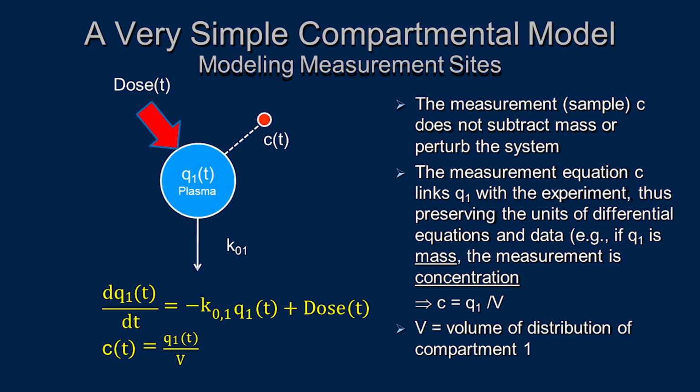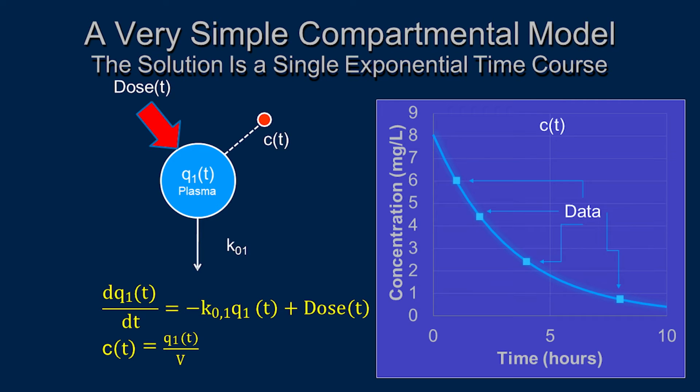For a simple system such as this one, it has a simple solution. The solution of a single compartmental model is a single exponential time course. So the time course of drugs described by compartmental models obeys the exponential law. The concentration of drug in the compartment will decrease exponentially, and I have it there on the right. These parameters, K01 and V, will be estimated by matching the mathematical prediction of the compartment, which is the line, to measured data, which are the squares in the graph that you have